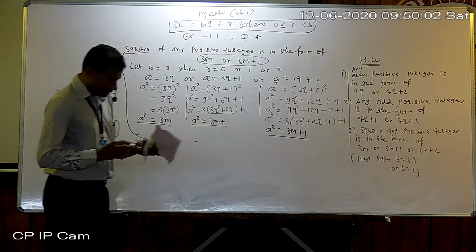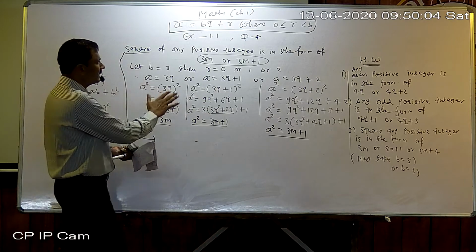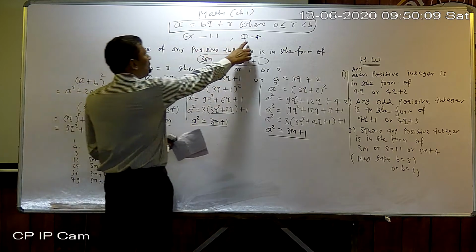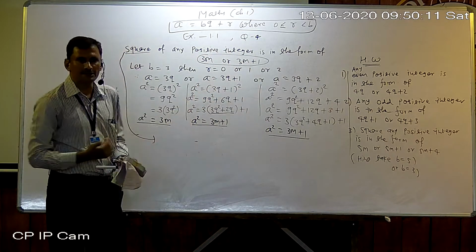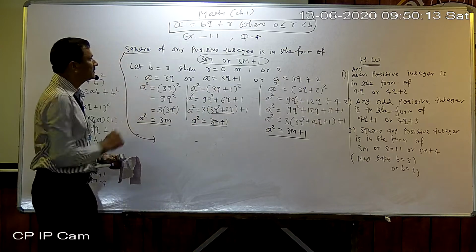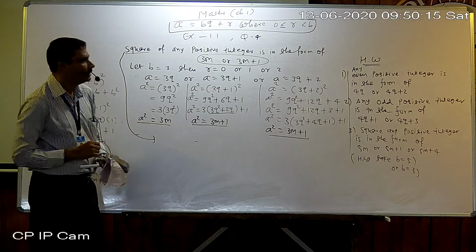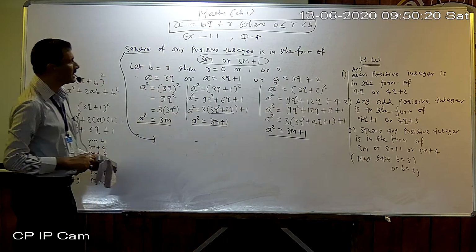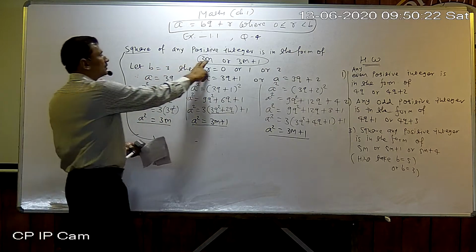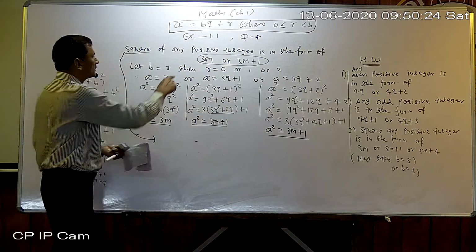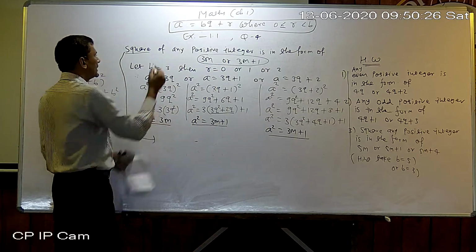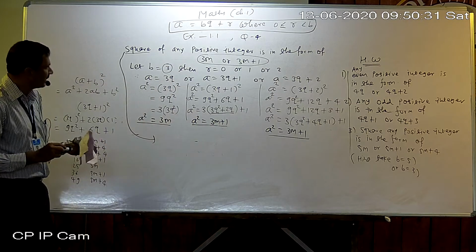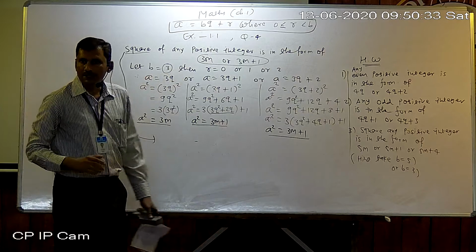Now, you can see this is our last lecture's last sum. Question number 4 was there. In the previous session, we discussed this question only. It is given that the square of any positive integer is in the form of 3m or 3m plus 1. In the hint they have given us that b should be 3, and according to the value of b we got 3 expressions.